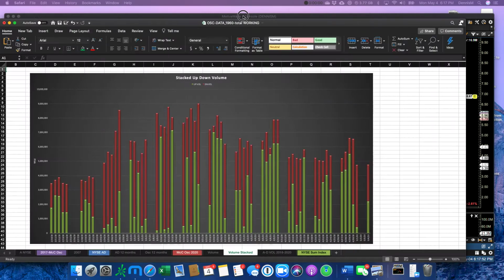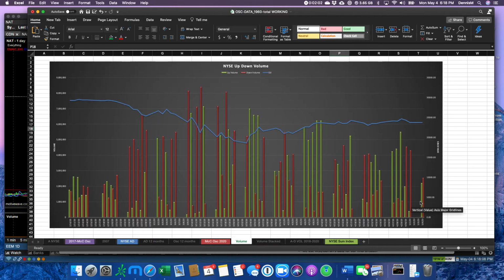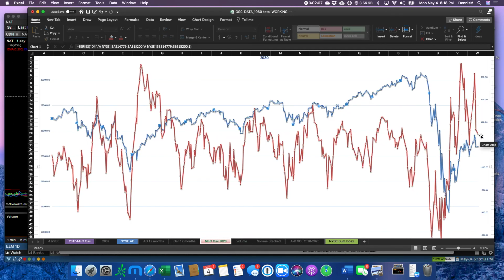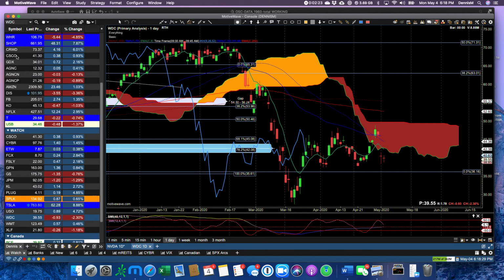Some of the takeaways here are volume, pretty much the same as Friday. Advancers, much better than Friday. Decliners, lower than Friday. You can see that expressed another way here. Now here's the McClellan oscillator. We've done this little zig over here. We're getting closer to this zero line as the Dow Jones was just pretty much flat for the day. So what does that say about our charts? And there's so much to see there in the charts in terms of the